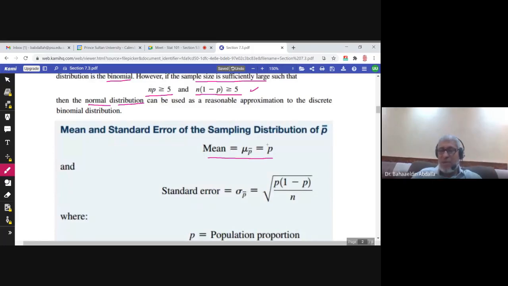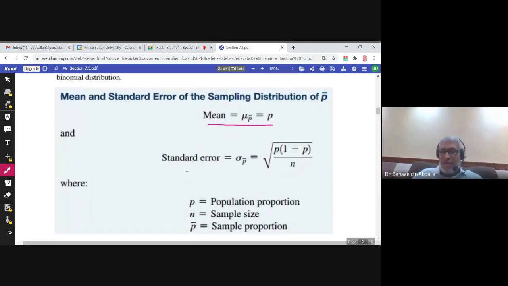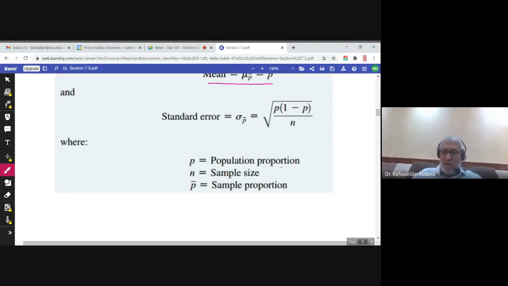It is P. What is P? The population proportion. Like with the mean, mu X bar is mu, and mu P bar would be P, the population proportion. And the standard error, or the standard deviation of P bar, is the square root of P times Q over n,